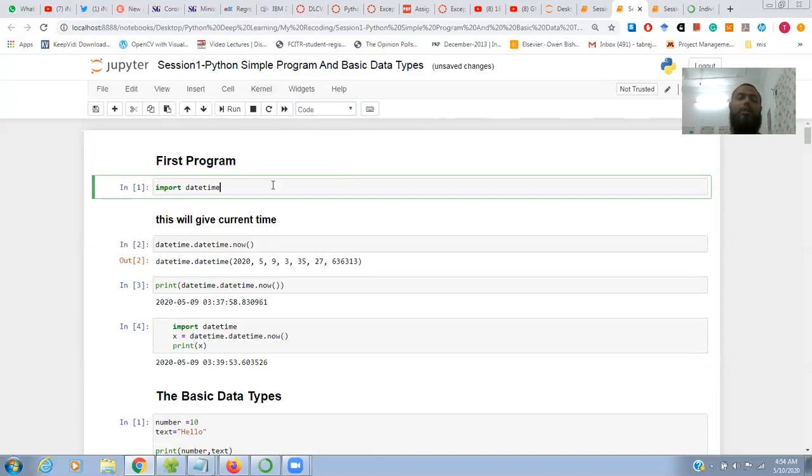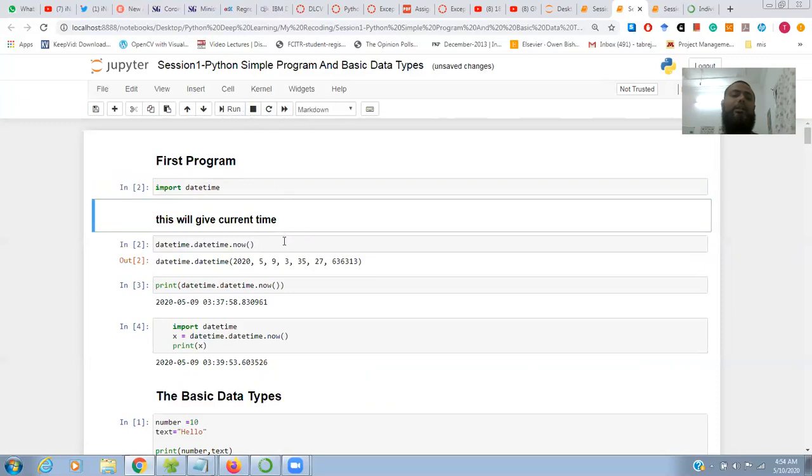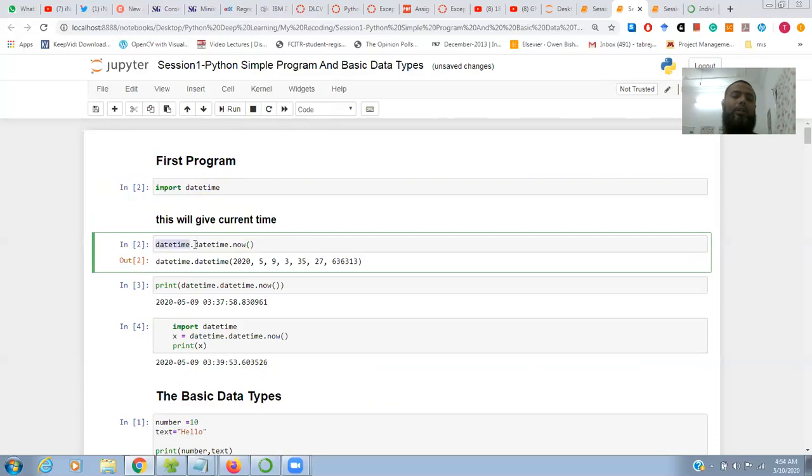Now I'm going to start a small program, which is import datetime. I want to find my system date and time. In Python there are libraries, so I first import datetime. I run this, and then I print datetime.now.